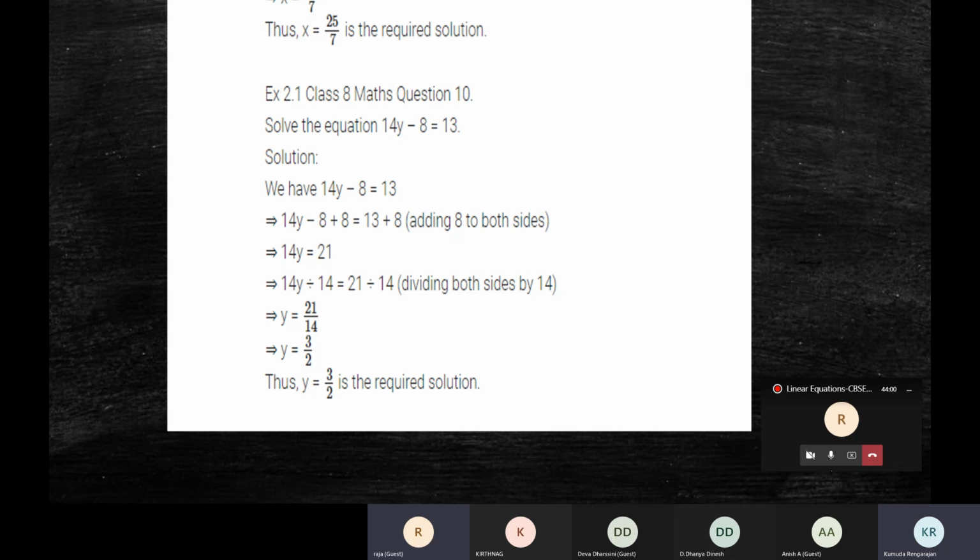Okay, so 14y by 14. 14y divided by 14 is y. 14 and 14 will get cancelled. Just put a by 14 and just do that in your mind. If you say 14y divided by 14, 14 and 14 will get cancelled, right? So y is equal to 21 divided by 14. And in the tables of 7, 3 sevens are 21, 2 sevens are 14. Very good, Raja. So y is equal to 3 by 2.